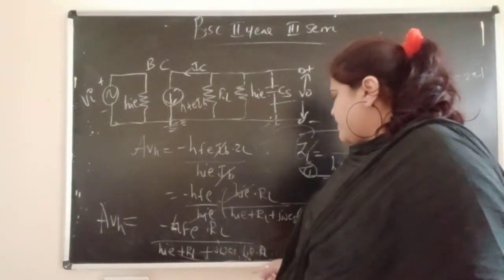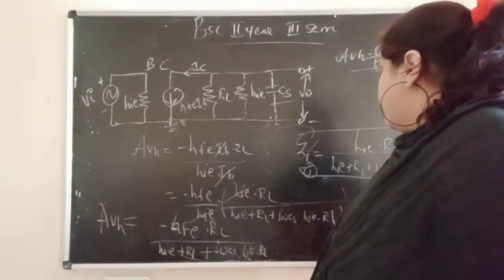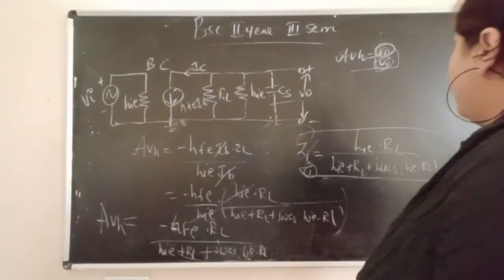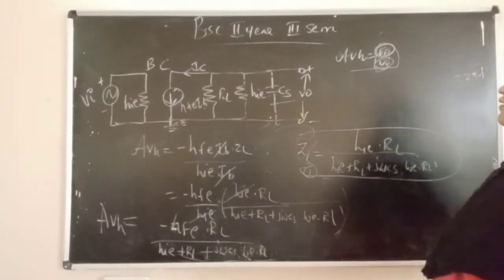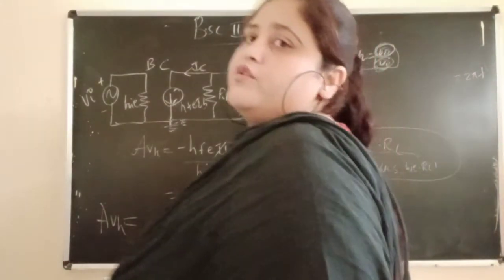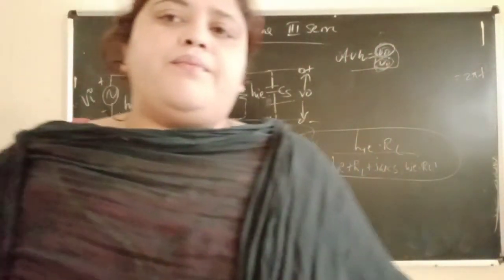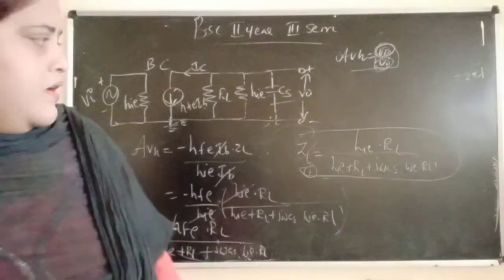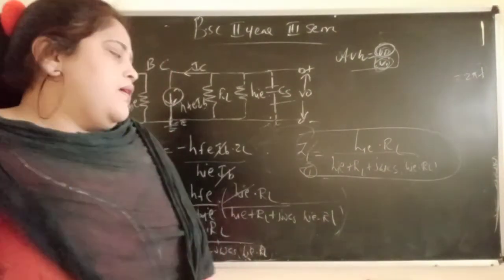Don't put this in the bracket. Here also you removed it. Put it like a multiplication type. Don't put it, you will get confused. I am just making it in the bracket. No need of bracket for HIE into RL. Okay, now